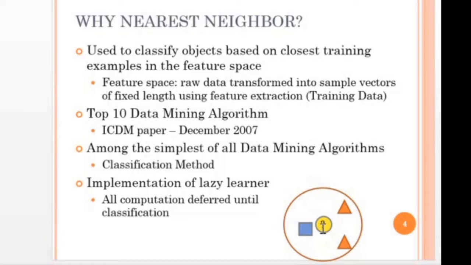So what we have to consider are the neighbors within a proximity of that particular unknown example. Suppose we say we will consider the nearest three examples. In these three examples we can see that two belong to the triangle class and one belongs to the square class. So the majority of examples are triangles, and we will assign the label of triangle to this unknown example. So this is nearest neighborhood classification.